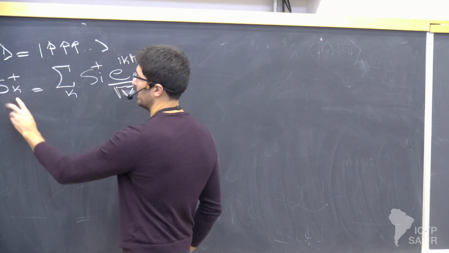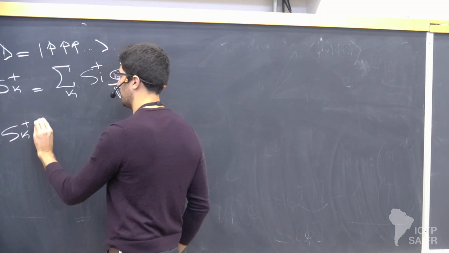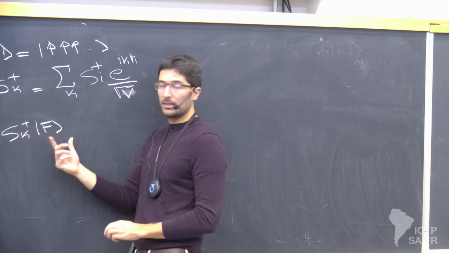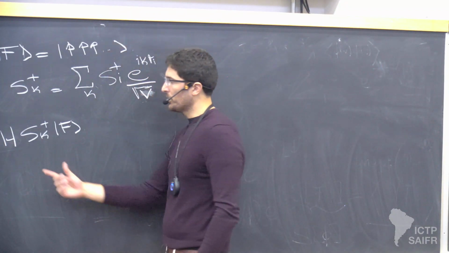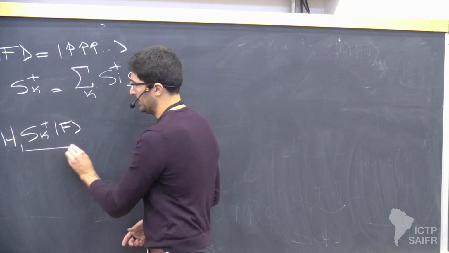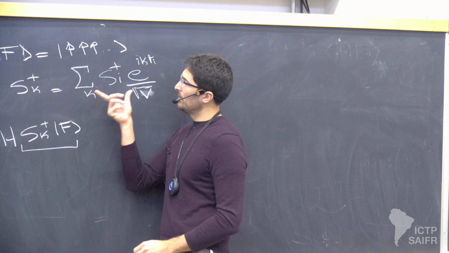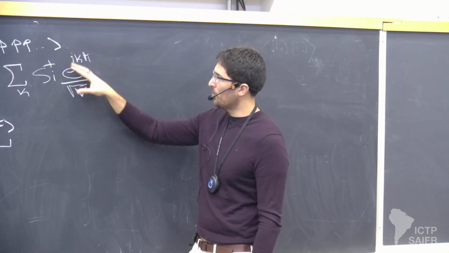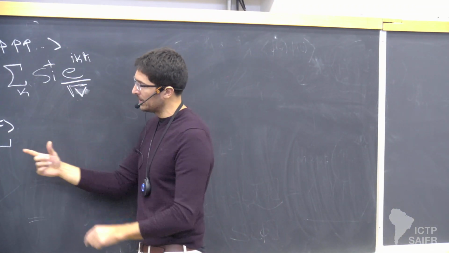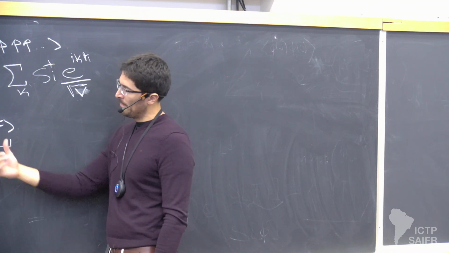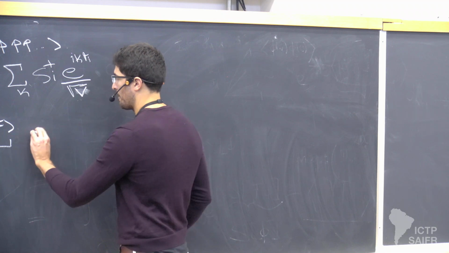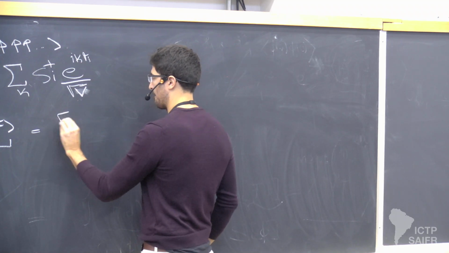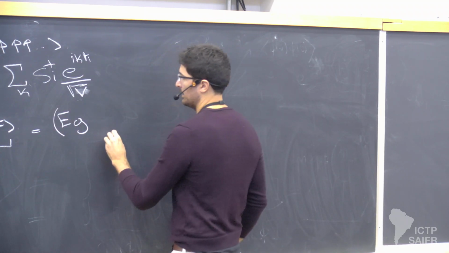And what you can show is that if you apply the S_k plus operator on the ferromagnetic ground state, essentially, effectively here you will have a one spin flip in the entire lattice. And I apply the Hamiltonian to this state. So again, this is a state that will have a superposition of spin flips in all lattice sites times the Fourier component. So essentially, I'm doing the Fourier transform of where I'm placing the spin. So there's a degree of freedom, which is k. What you can show is that if you apply commutation of this operator with the Hamiltonian, what you will find is that